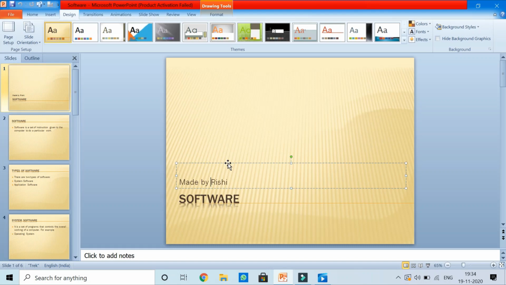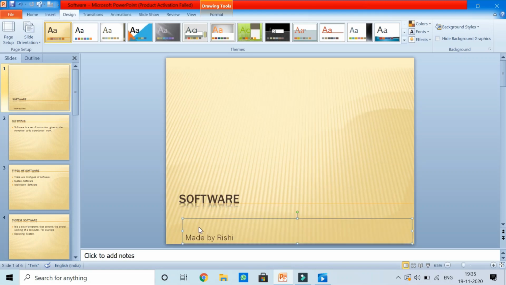It means this is the move option. So the move option is active, so you can just press the left mouse button and, without releasing it, drag it down like this.